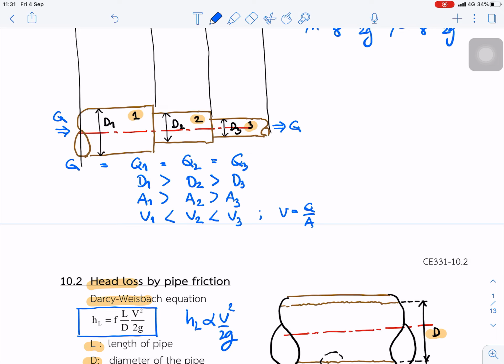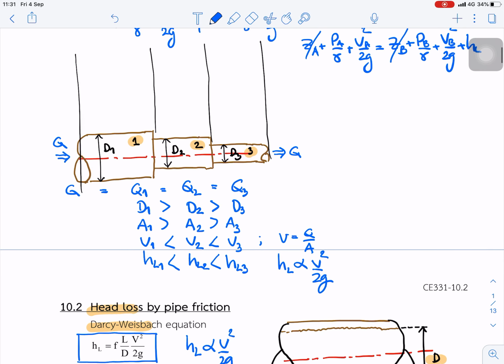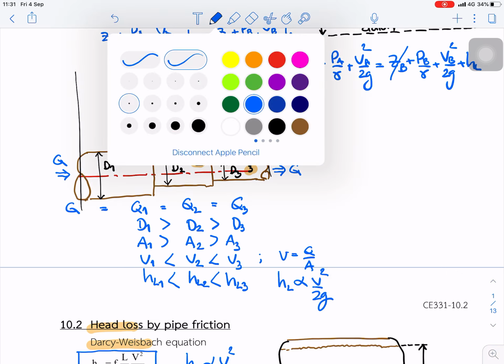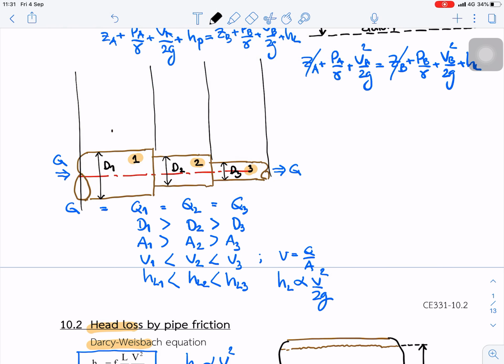And the next, about head loss 1, head loss 2, and head loss 3. Because we proved that head loss is a function of V squared, if the velocity increases, the head loss increases, so head loss 3 should be greater than head loss 2 and head loss 1. In this case, we assume that the length of the pipes is equal,